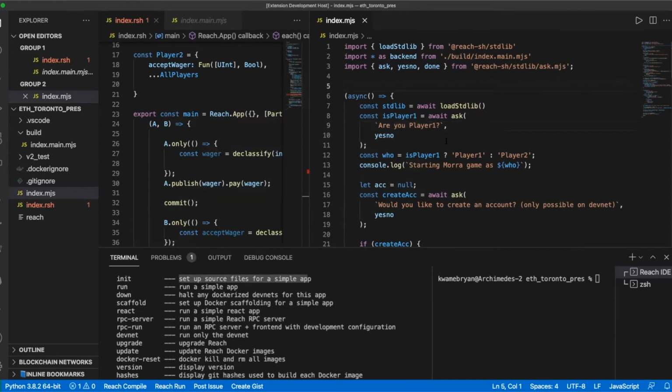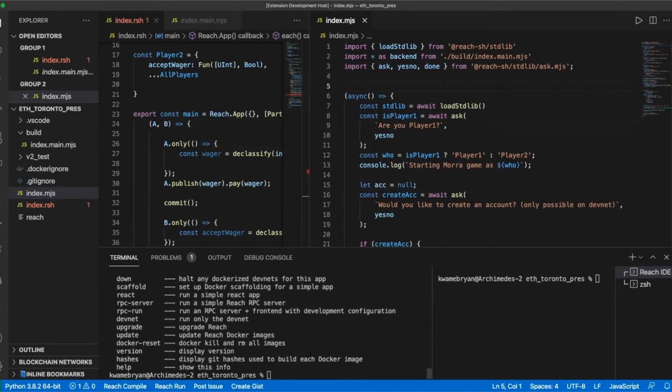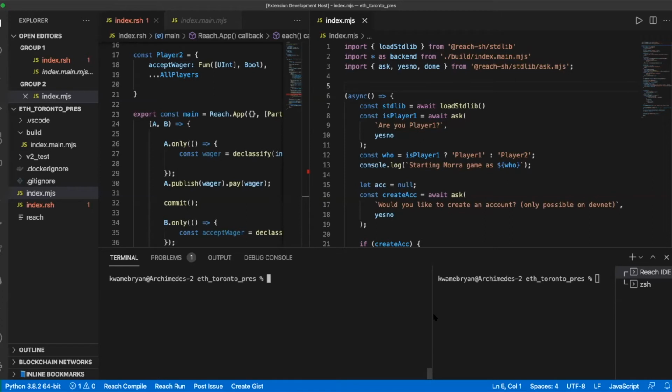Because when you start building this up, as soon as you get to the point where you want to start putting in UI, as a developer, I'm not the greatest UI guy, but I want to have a console-based application where I can go through these processes. So what I'm going to do here is clear this out, and I'm going to run this game of Morra. So I'm going to compile it. And you know what? I really should have tested this because I added this so you can create a gist in the IDE, but